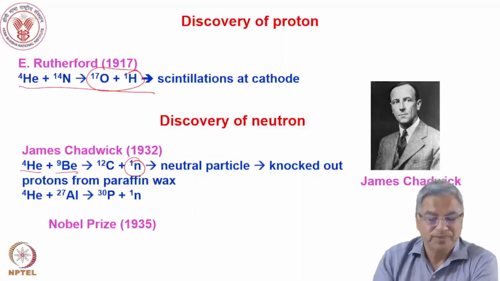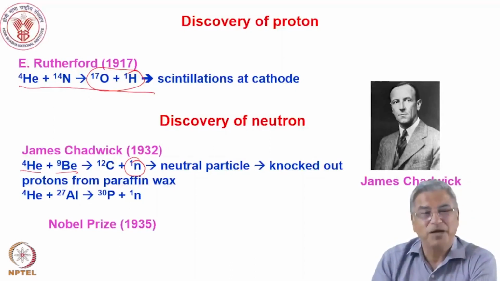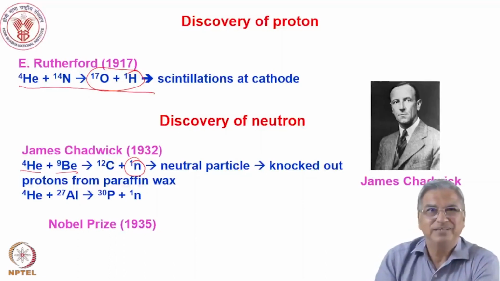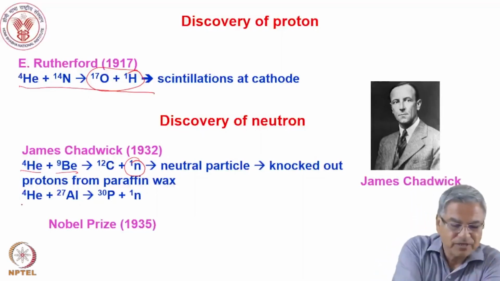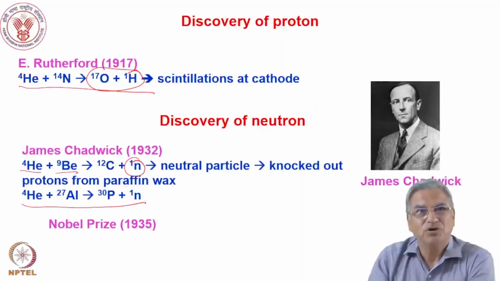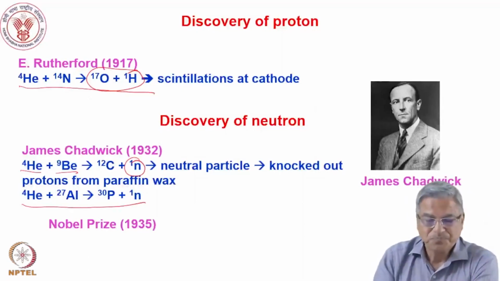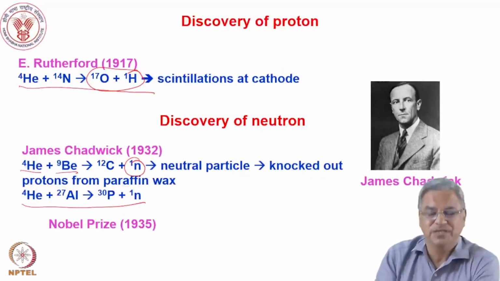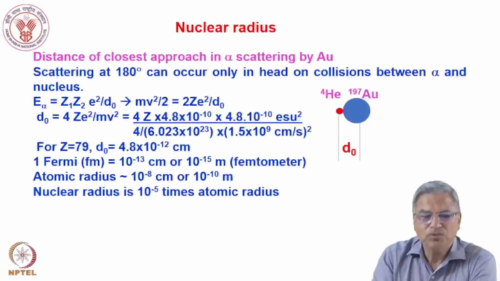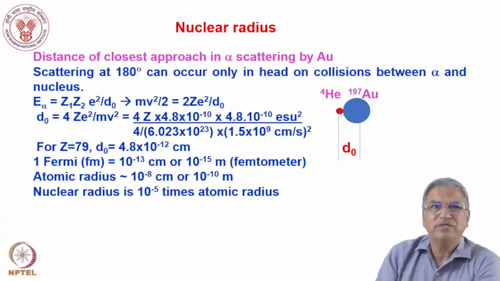and he said that this pair is smart enough to claim one more Nobel Prize for some other discovery. And in 1934, Irene Curie and Frederick Joliot were awarded the Nobel Prize for the discovery of artificial radioactivity. That was the kind of intense activity going on in the field of nuclear science in this early 20th century. So I'll come back to the experiment by Rutherford, wherein he found out that the mass